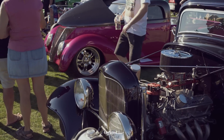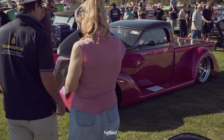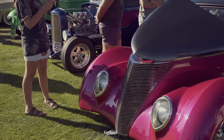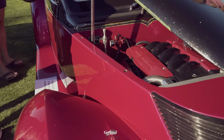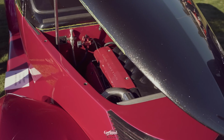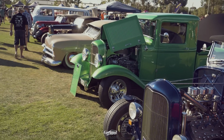Over the back of the stage, which is the virtual transport truck, we've got a kids petting zoo, and there's some camel rides happening as well that the guys at Billabong Ranch have brought across for us, so if anyone's got kids with them, head on over to there. Also near the petting zoo area and pony rides, we've got